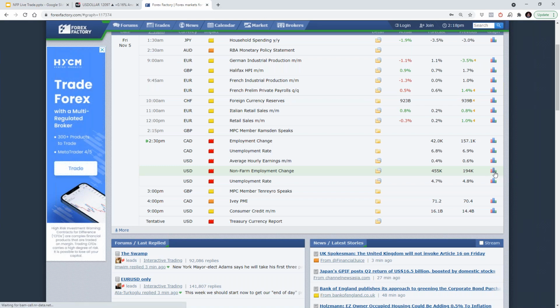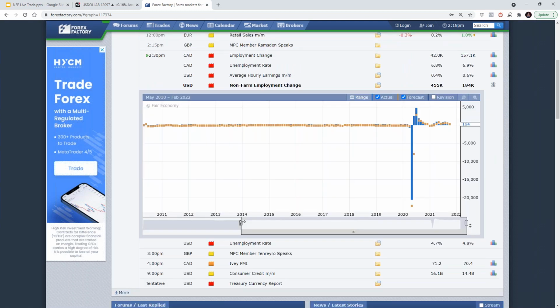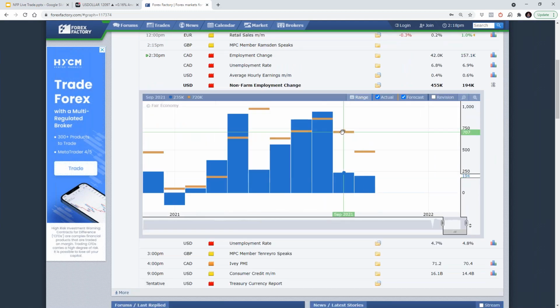okay, let me just zoom in. Okay, you can see that the last two prints have actually missed. That's the forecast for the non-farm payroll coming out on the first Friday of September, which was reflecting job creation in August. And this was the last one. So we've got this job creation, but it's at a declining rate.